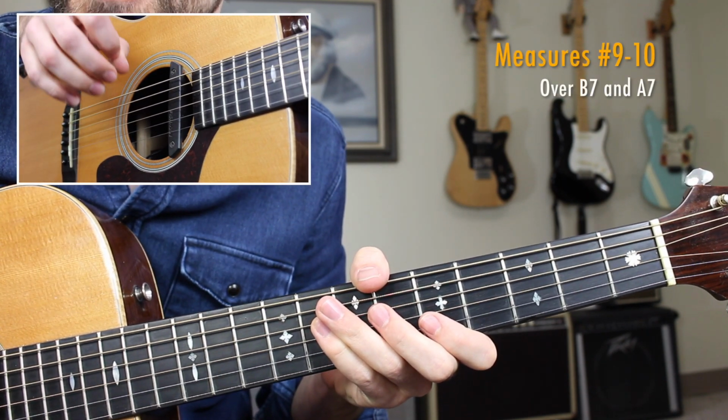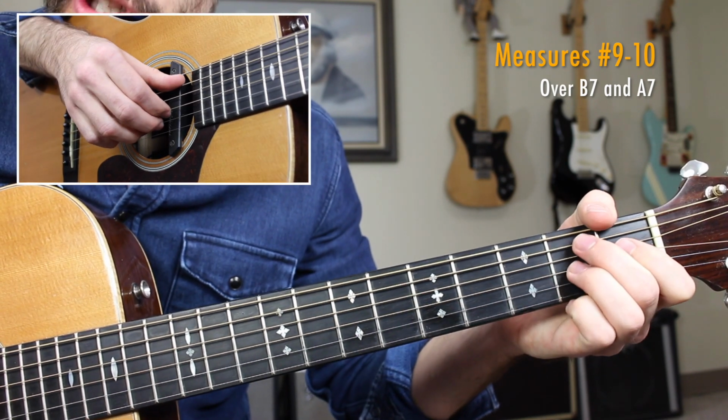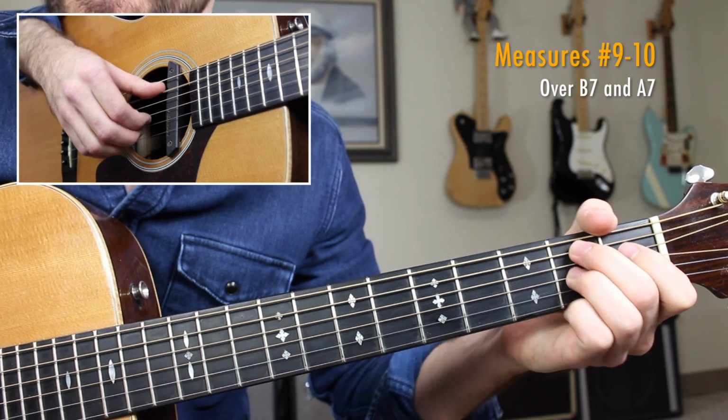Okay, putting measures 9 and 10 together, B7 to A7. 1, 2, 3, 4, and...